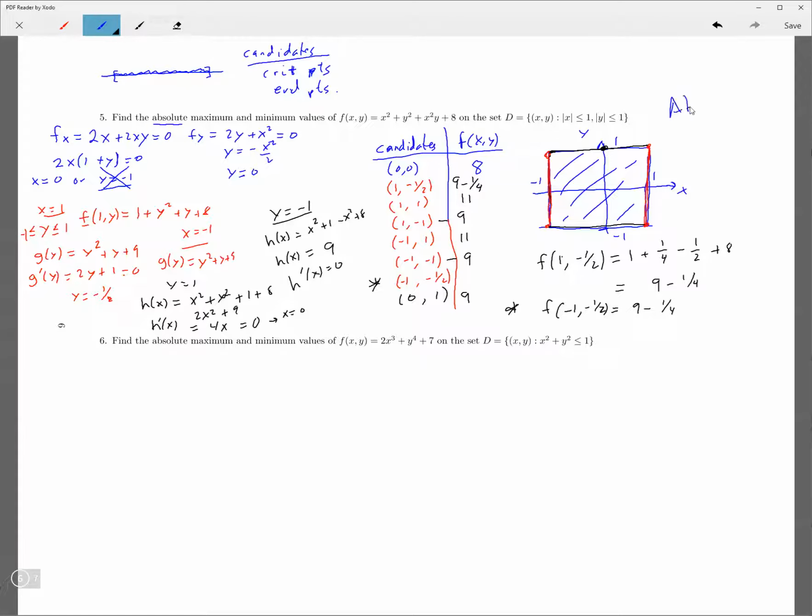So the absolute maximum is what? It's going to be the largest of all these values. 3, 9. Oh, 11, 11. Okay, so let's try 11, and then the minimum would be